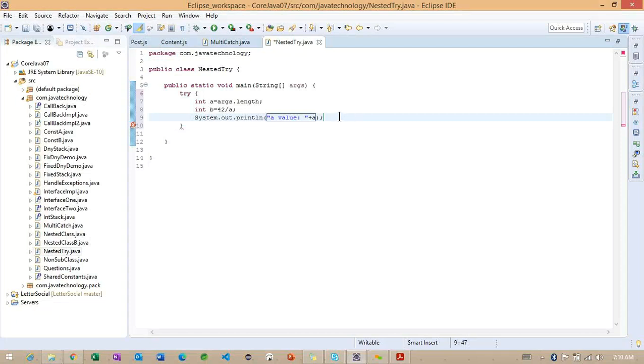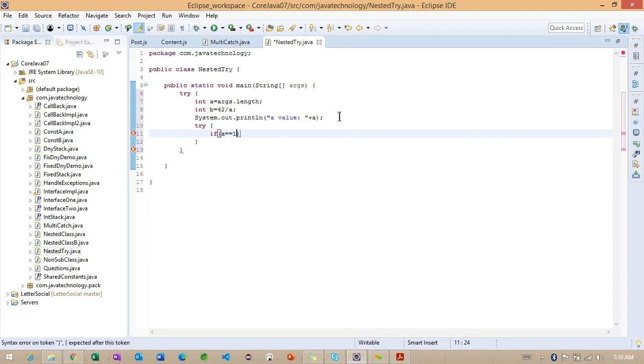And after this, again, one more try block I want to create. I'm creating one more try block here. Inside this try block, I'm checking one condition here.